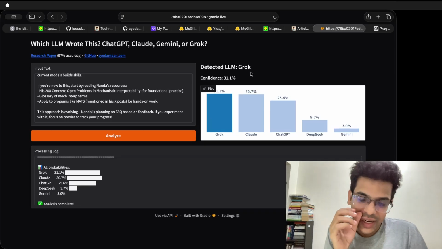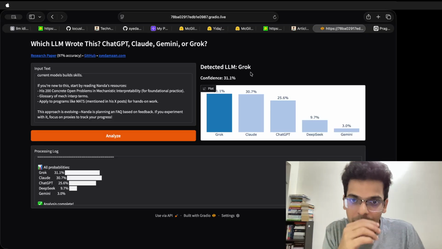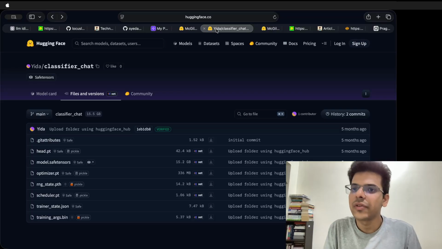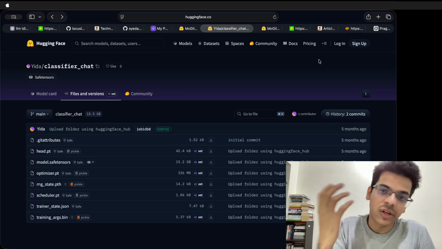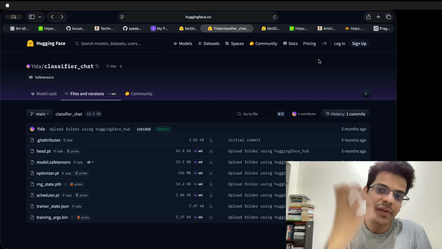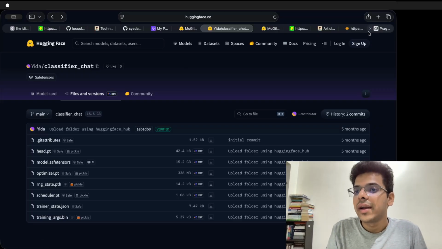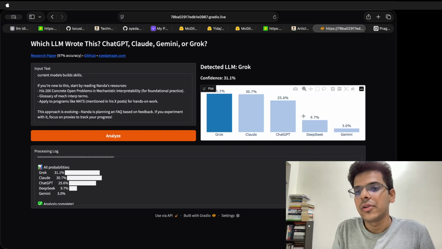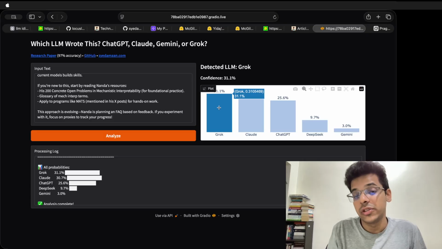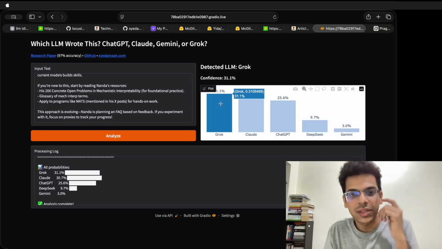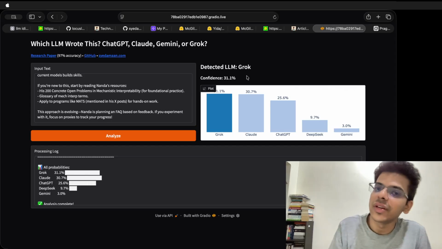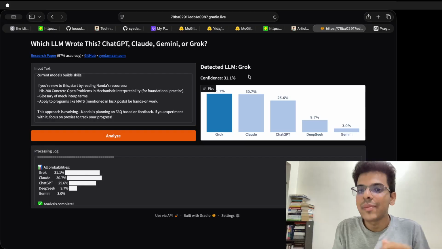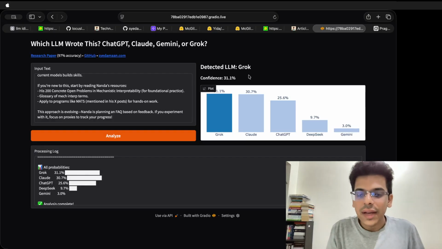Okay, so this also has a very interesting implication, right? When this model was trained, this was a few months back, it was able to achieve 97% accuracy, and it was able to distinctly identify the idiosyncratic patterns. And now we see that these distinctions are not that clear. It should have shown this with over 80% confidence, but it's just saying 31% confidence, right? This essentially indicates one specific implication that might have happened in the past 6 to 8 months, that these models